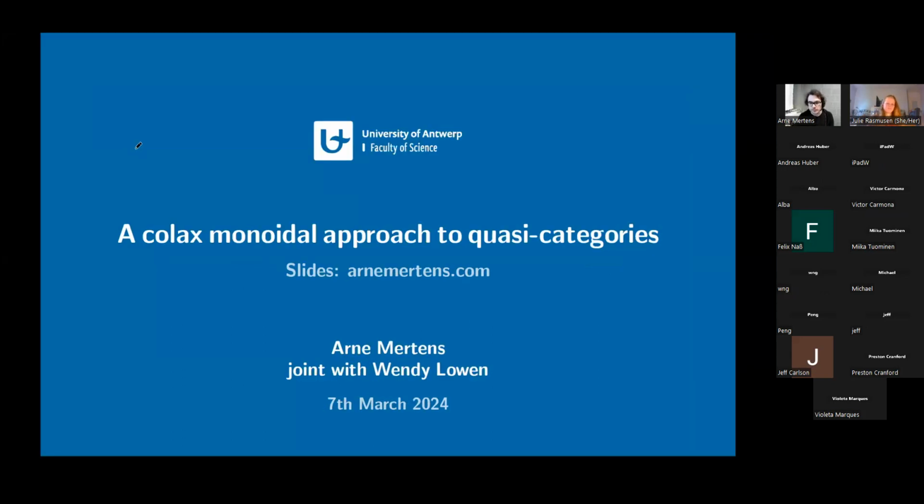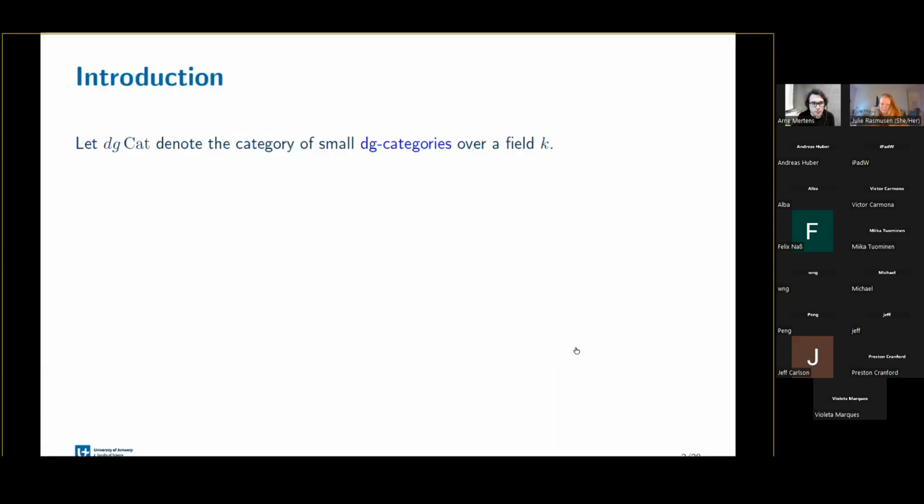There we go. So yeah, I want to talk about these quasi-categories. Specifically, they're an approach to enriched quasi-categories. And this is joint work with my supervisor, Wendy Lowen. So maybe to motivate the whole story a little bit, let me start with a hopefully familiar type of objects,